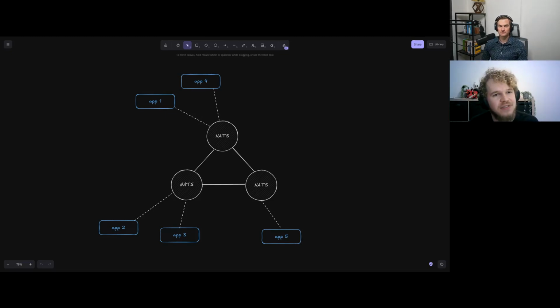Kind of an introduction into what I said before: we were using a 3-node cluster, not really an interesting topology in terms of many clusters or subclusters or leaf nodes, just these three with all the apps connected to either of the nodes. And something that was important because we were working on this rebuild is that all these apps didn't exist yet at this point. So you just started with this empty cluster, and apps would be built over time and added to it.